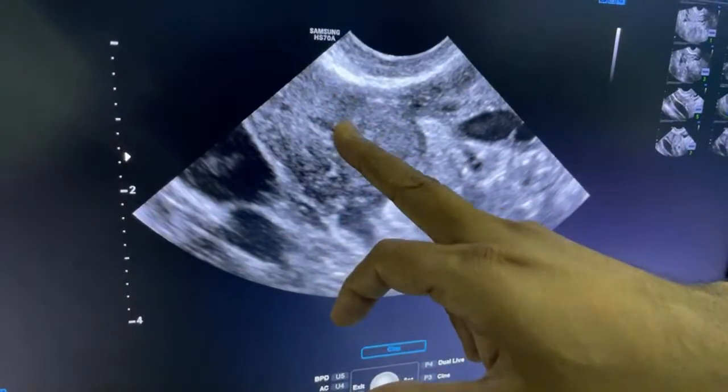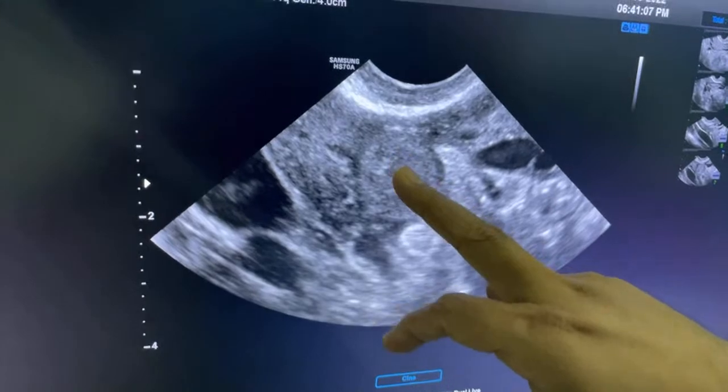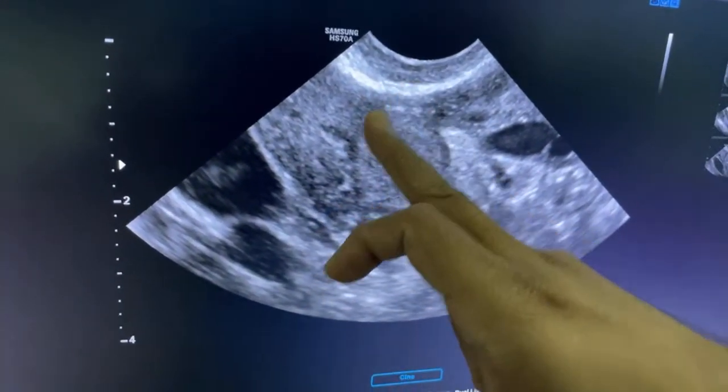If you see carefully, there is a gap between this, the ovary, and this, the tubal mass. I will show you the beak sign. Beak sign means, if there is any intraovarian lesion, suppose this is a corpus luteum, what will happen? It will enlarge like this, so the rest of the ovary will be stretched and you will see the beak. I will show you the demo.